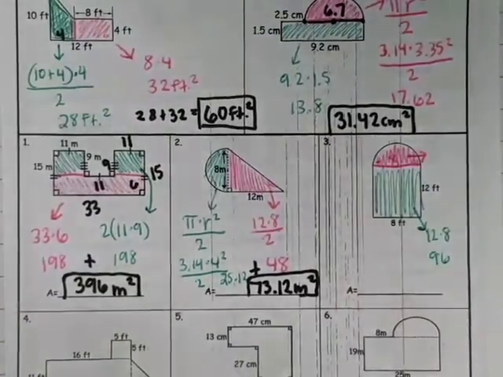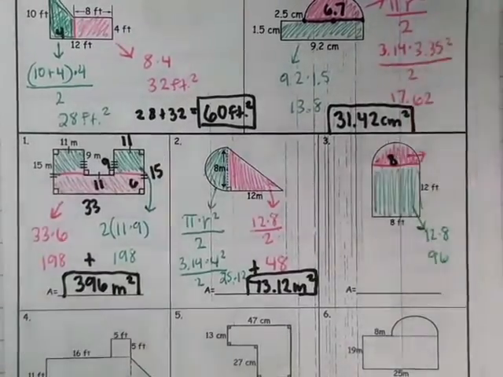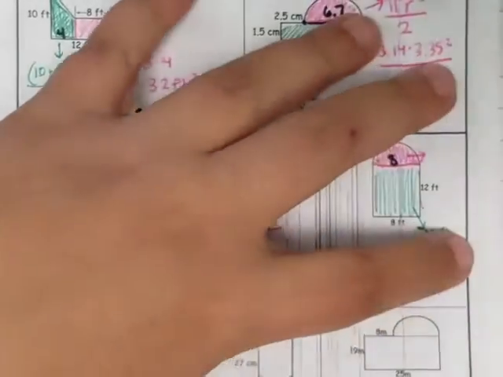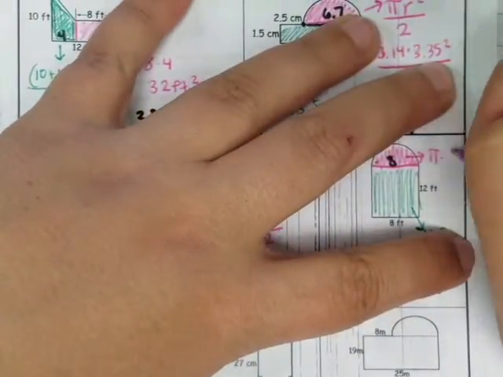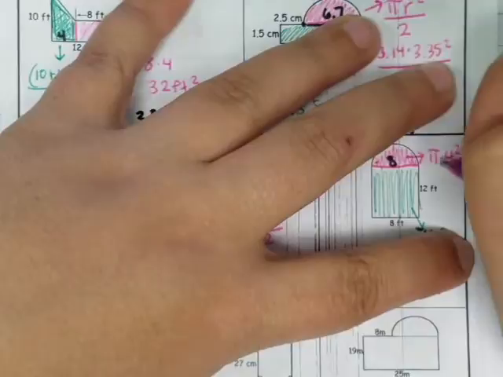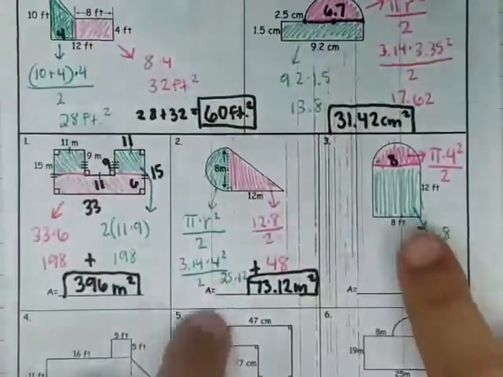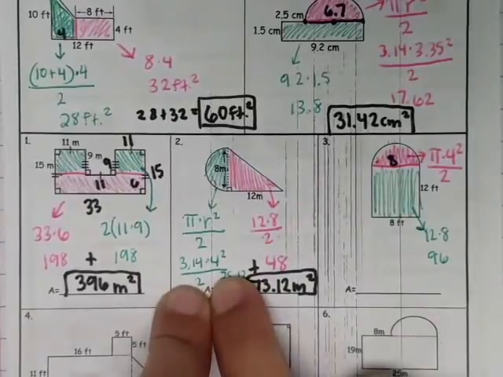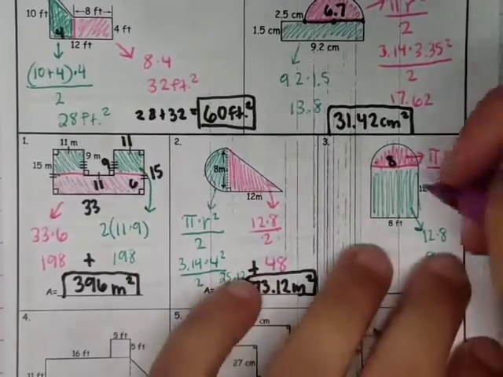I'm going to write that in black so you can see it a little bit better. So if the diameter is 8, it means the radius has to be 4. So we do pi times radius squared, and then because it's a semicircle, we divide it in half. And I feel like we just did that over here. Yes, we did. 3.14 times 4 squared, and we got